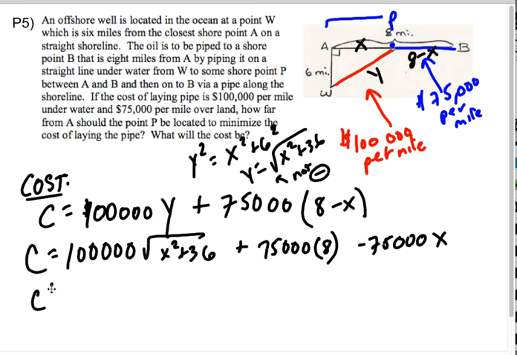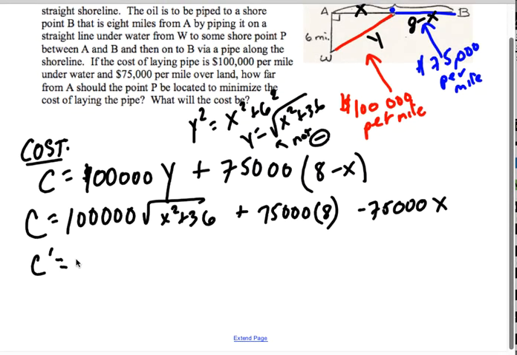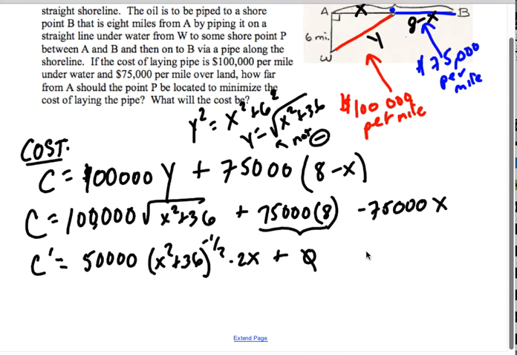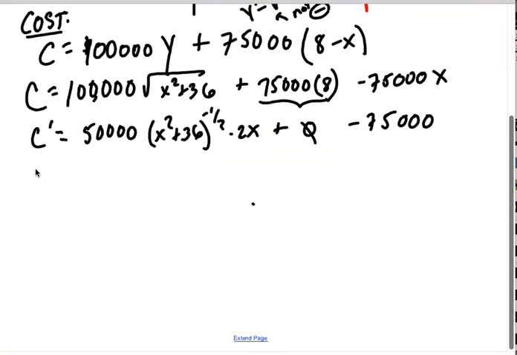So when I find C prime, I'm going to end up dropping the 1/2 down in front, right? So when I drop a 1/2 down in front, this 100,000 is going to become a 50,000, right? This thing to the negative 1/2 times a 2x, right? Plus this thing differentiates to 0, which is why I didn't care, minus a 75,000, right? So I end up getting that C prime is, and I guess I end up with 100,000 again anyway, so 100,000 x over this square root